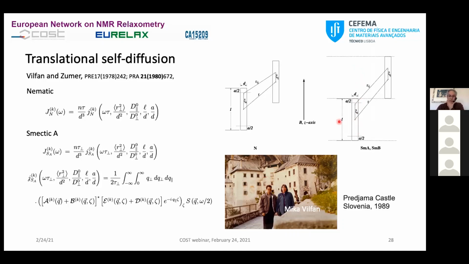For this first case, it is the nematic phase. The second case is the smectic phase. And this makes me